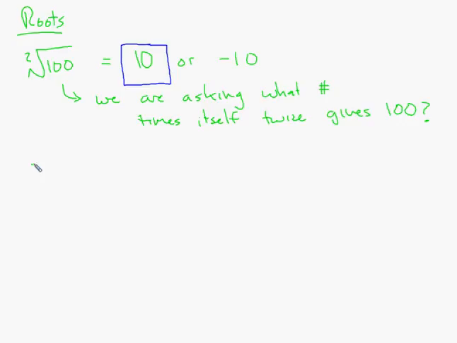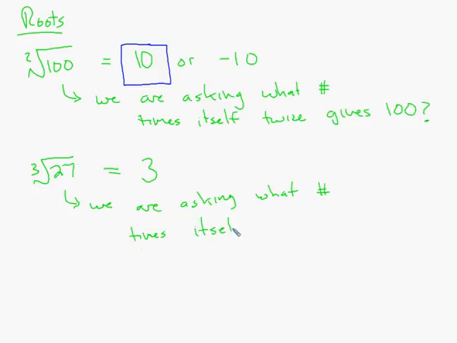All right, let's do this one. Cube root of 27. Now, I'll show you why this is the answer, but the answer is 3. Okay? For now, just take it on faith that that is the correct answer. Now, there is no or negative 3 because of what we're asking. Here's what we're asking. We are asking what number times itself, how many times? 3 times